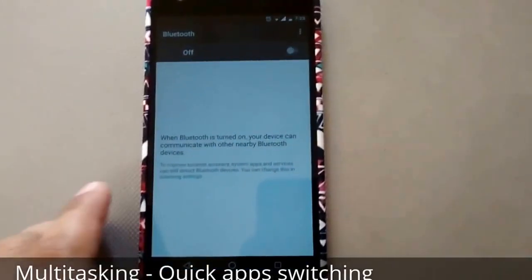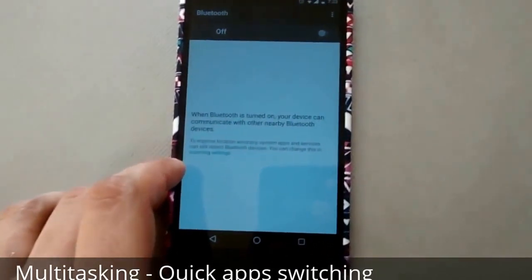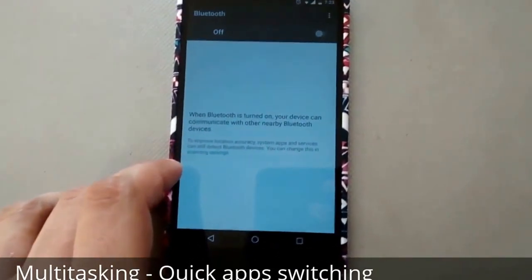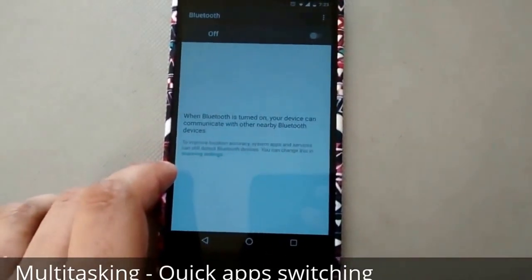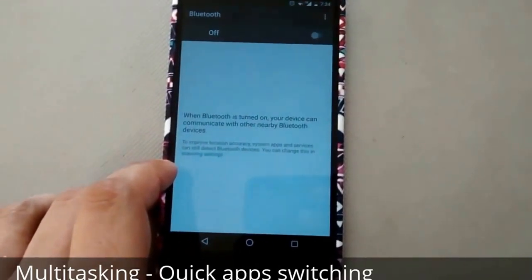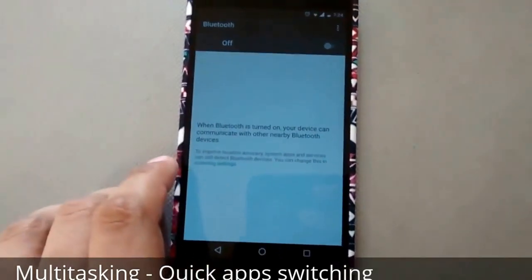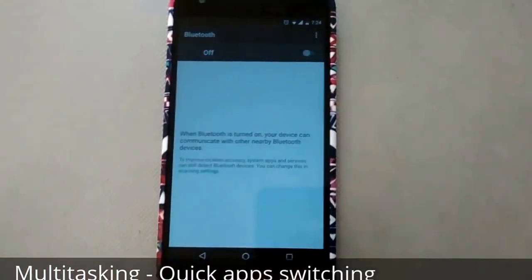Great. Multitasking. Android has included a new type of quick switch model so that we can switch between apps just like alt tab in the Windows operating system. So let's see how we can do it. So as you can see, Bluetooth is launched and I was using Prisma before this.